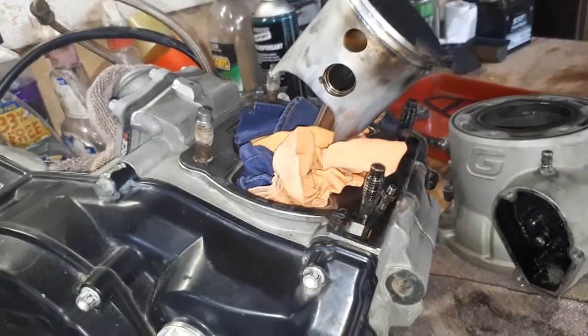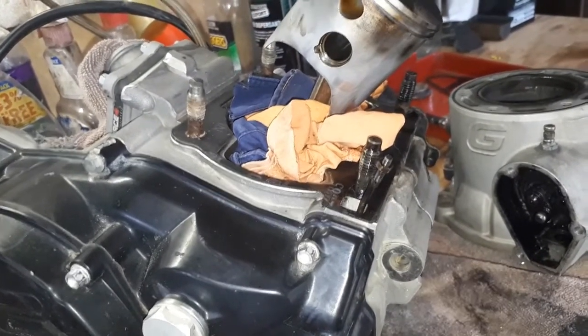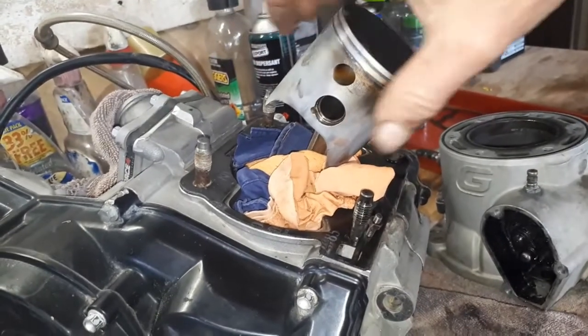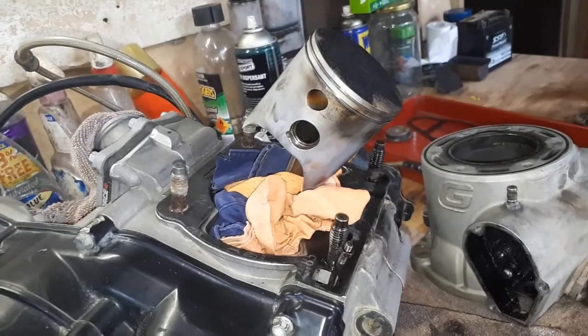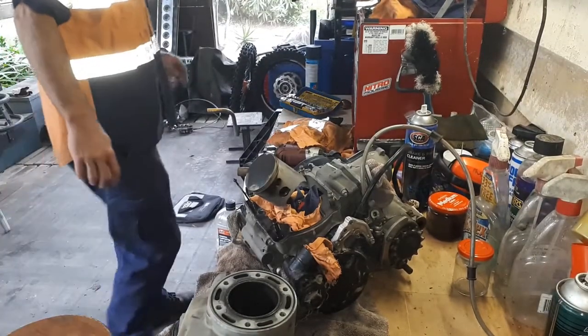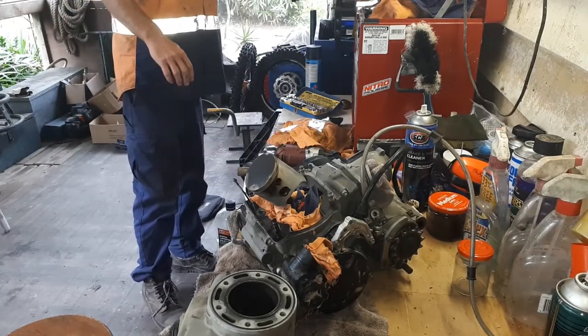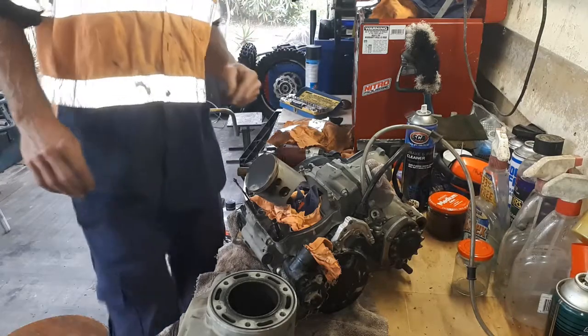So the next thing we're going to do is just pop out the little C-clip in here, slide the gudgeon pin out, and we'll pull this old piston off and see where we are then. Sorry the camera's on the wrong side, but it's about the only spot I can get it to sit while I do this. Just use a little bit of a screwdriver,